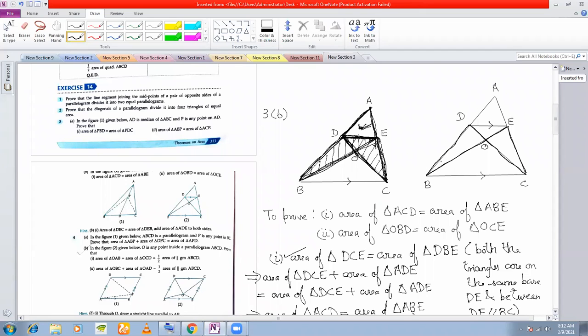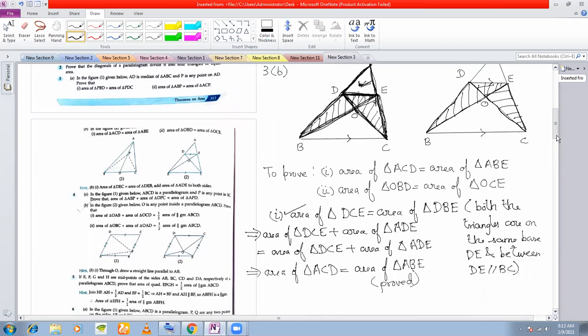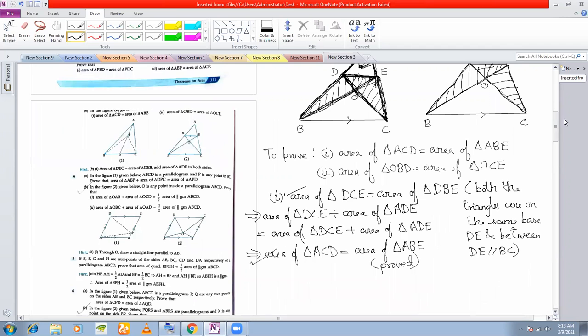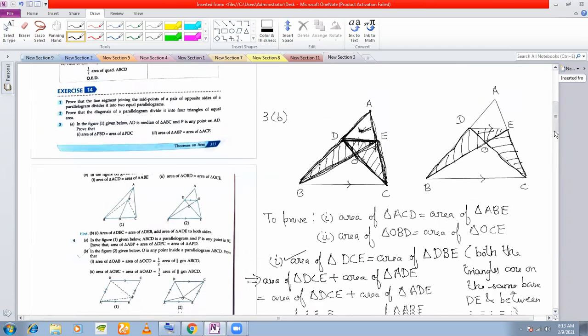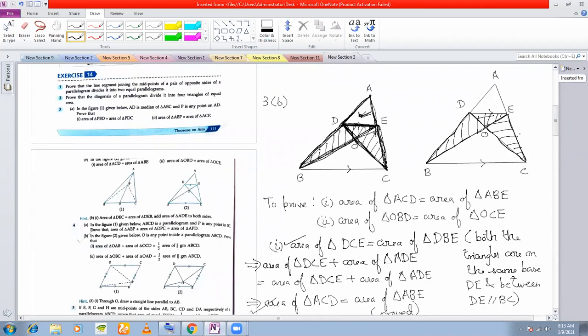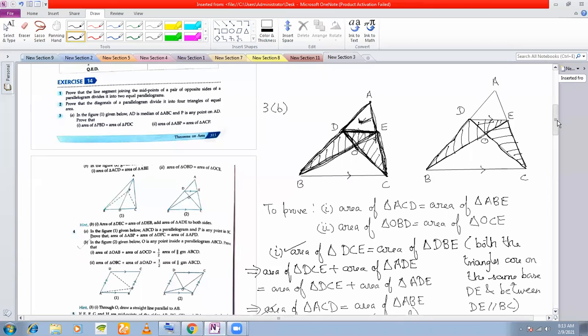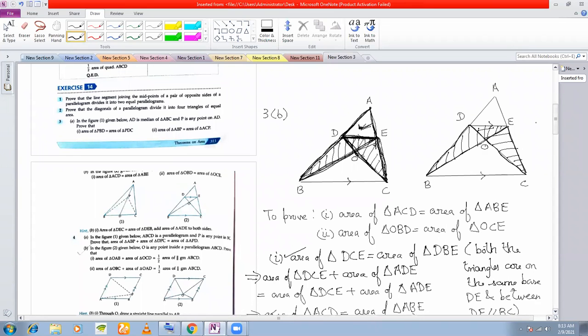Now, very interestingly, what you observe is that I've already shown that the areas of these two triangles are equal, right? As below, I've already shown the area of this triangle is equal to the area of this triangle. So we start from here. In order to prove the second one, we start with the statement of the proof of the first one. That is, the areas of these two triangles are equal. Now, once the areas of these two triangles are equal, from this triangle here,